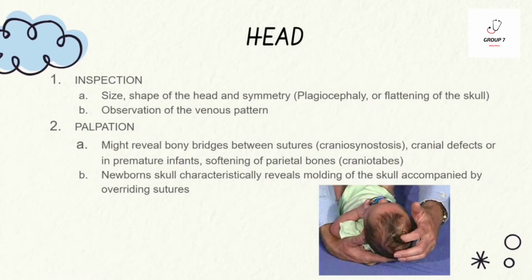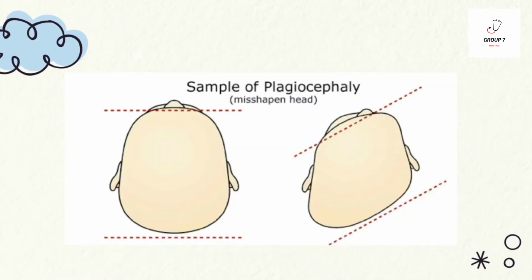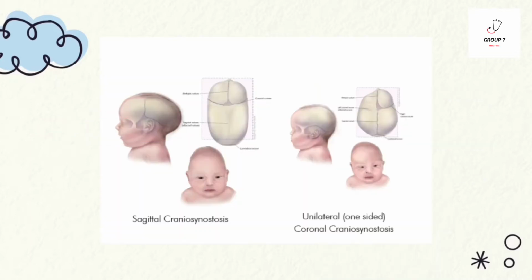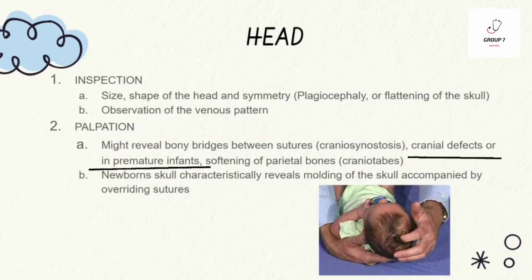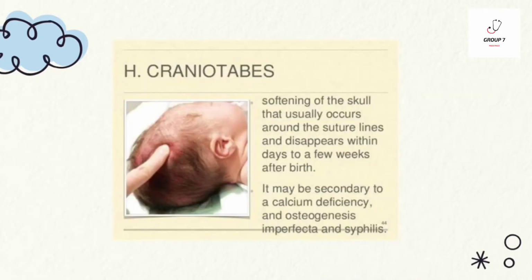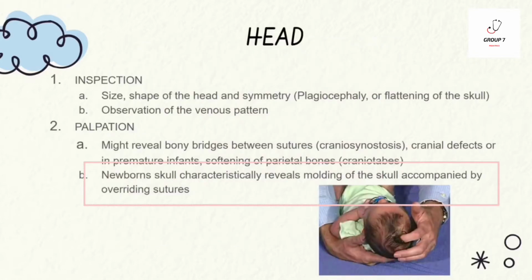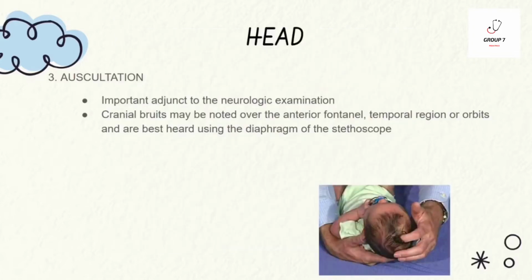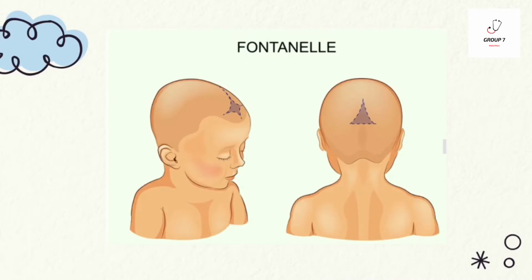For the inspection of the head, we must check the size, shape of the head, and symmetry, and observe the venous pattern. In palpation, we might reveal bony bridges between sutures, such as craniosynostosis, cranial defects, or in premature infants, softening of parietal bones, such as craniotabes. Newborn skull characteristically reveals molding of the skull accompanied by overriding sutures. Auscultation is a very important adjunct to the neurologic exam. Cranial bruit may be noted over the anterior fontanelle, temporal region, or orbits, and are best heard using the diaphragm